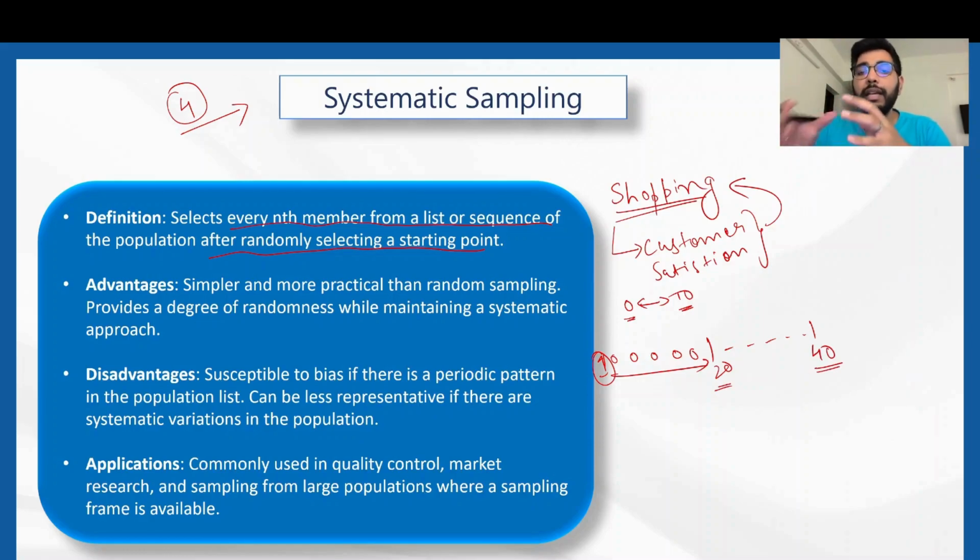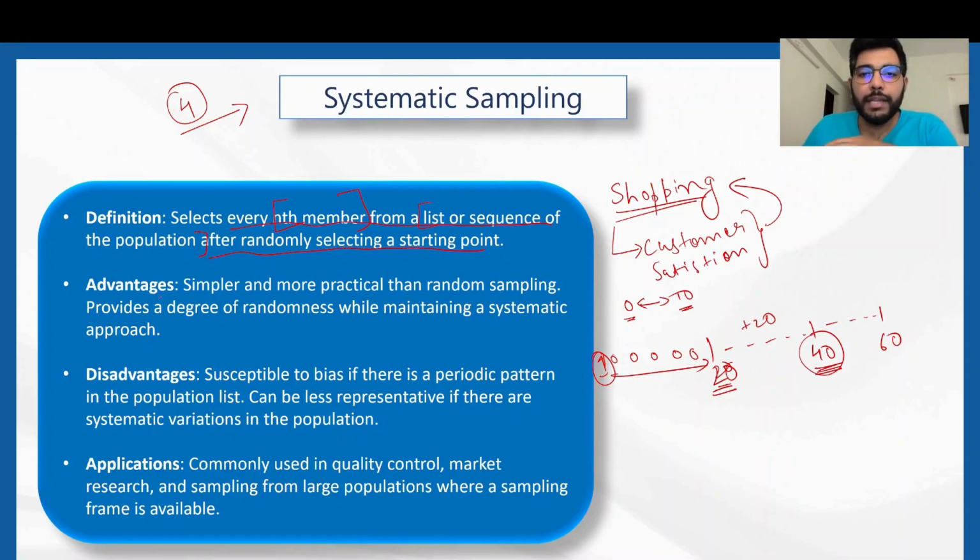and then I average it out. This is the meaning of systematic sampling, that is selecting every nth member. I am selecting every 20th member: first the 20th member, then adding 20, I'll select the 40th member, then going forward the 60th member from a list or sequence of the population. In my particular case, the population is everyone who is coming for shopping into my new store, and I want to gauge the customer satisfaction or customer experience in that score ranging from